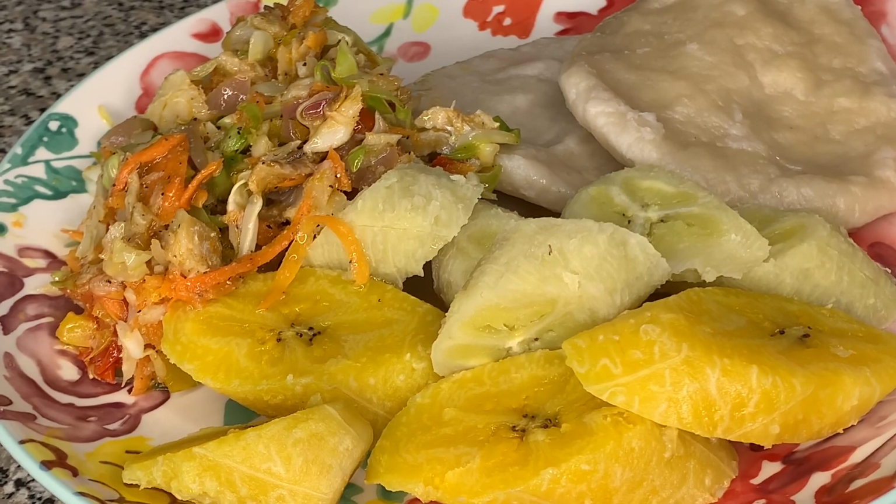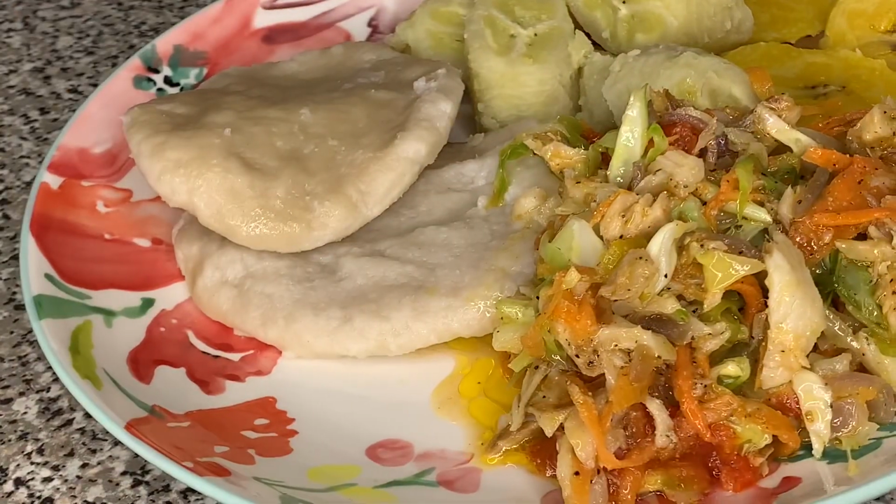And yeah, that's it. Oh, I also plated this with some fried plantain as well, because who don't love fried